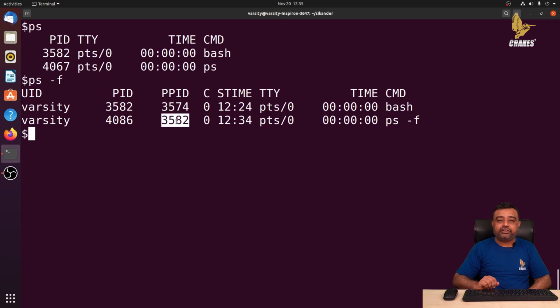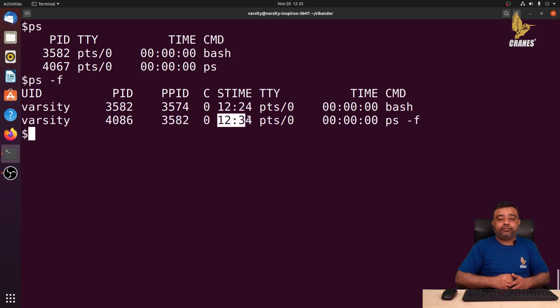If you observe carefully, the parent process ID of the ps command is the same as the process ID of the bash command. It means that the ps command is being launched by the bash shell. So bash shell is the parent process for the ps command, and this is the start time when these programs were started.